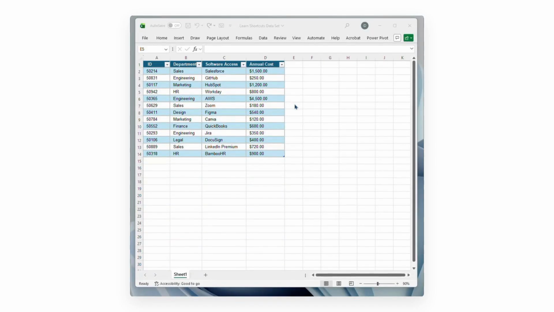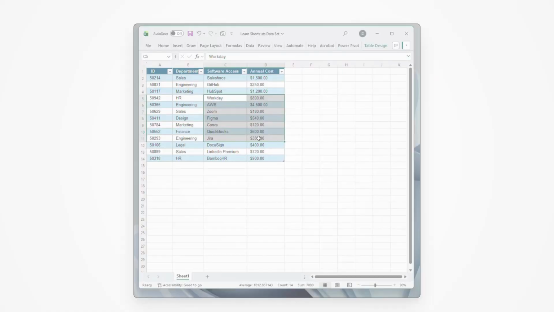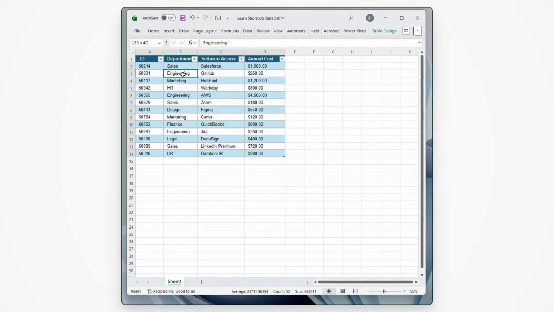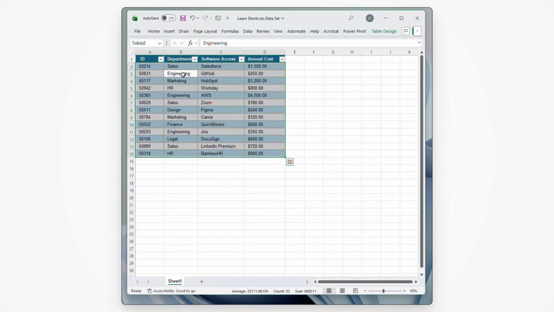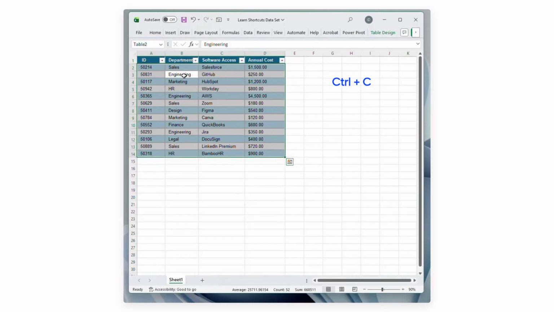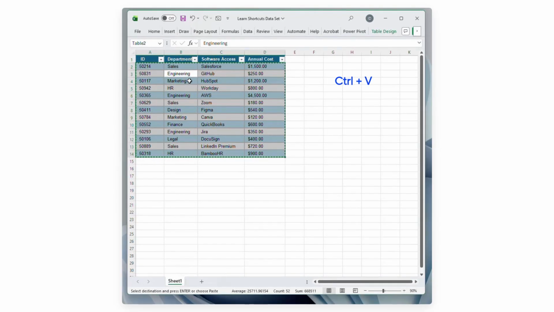To copy data in Excel, first select the data you want to copy. You can click and drag to highlight a specific area, or click inside your table and press Ctrl+A to select the entire table, as we learned in the previous slide. Once your data is selected, press Ctrl+C on your keyboard to copy the data. You will see a moving dashed line around the selected area, which means the data has been copied. Now that the data has been copied, select an empty area of the spreadsheet and press Ctrl+V to paste the